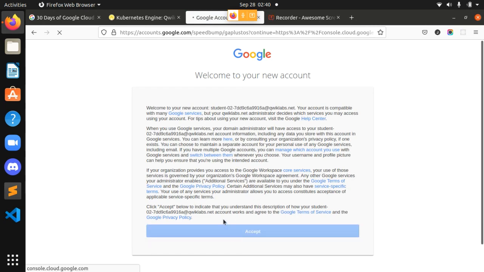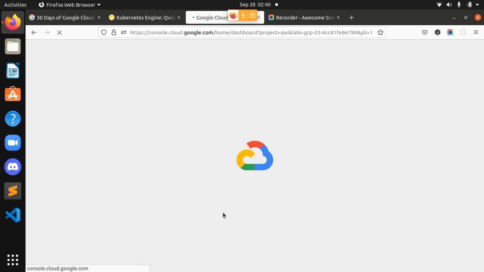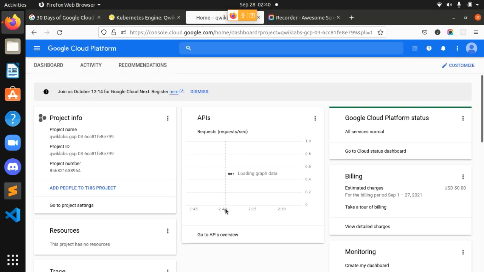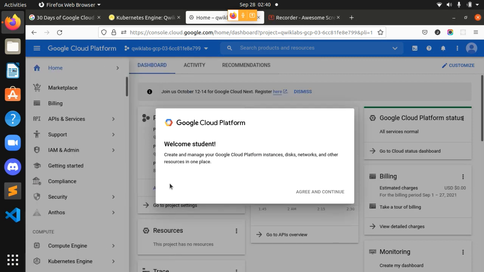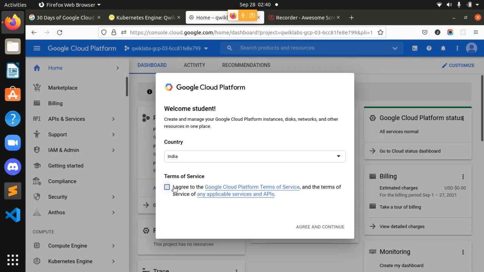Now let's accept all the terms and conditions. Basically, it always comes up just over here. We are in the Google Cloud Platform console, and now we have to agree to these agreements. This always comes, and sometimes it becomes so irritating, right?